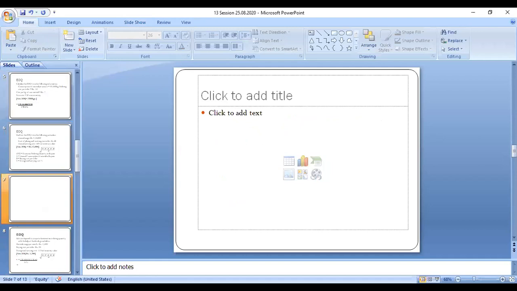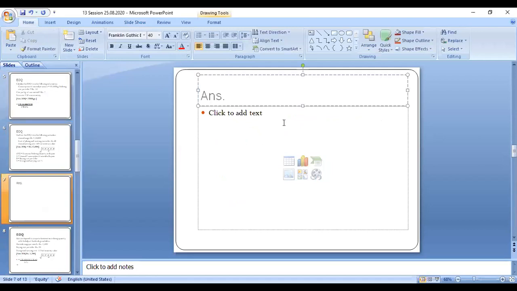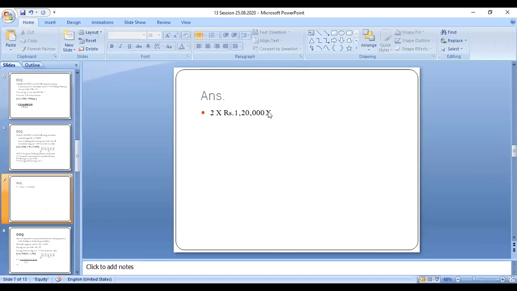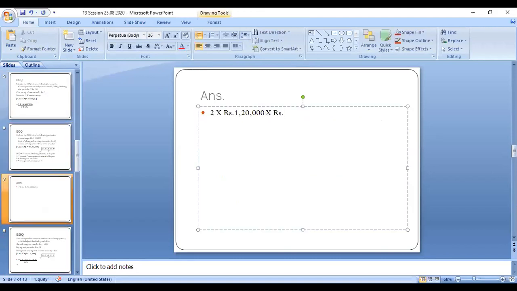So where is the answer? We get the answer, so that formula is okay. 2 into 1,20,000, that is in rupees, it is given. This is somewhat different. 1,20,000 multiplied with that value, rupees 60. That value, rupees 60, divided by